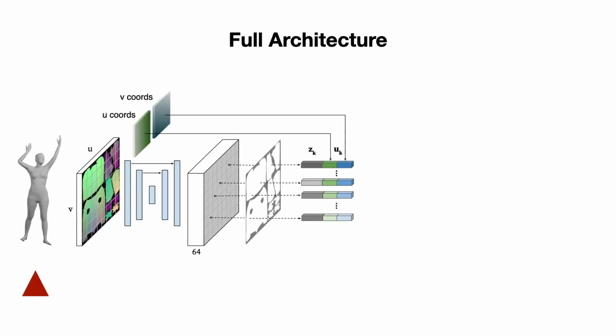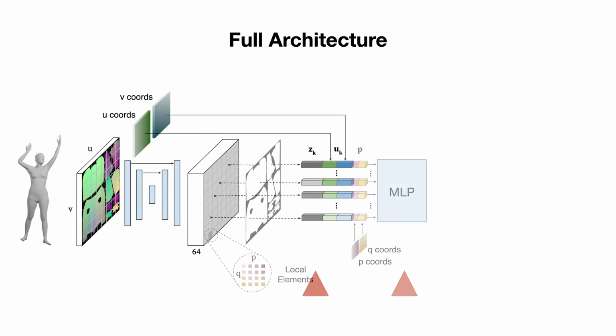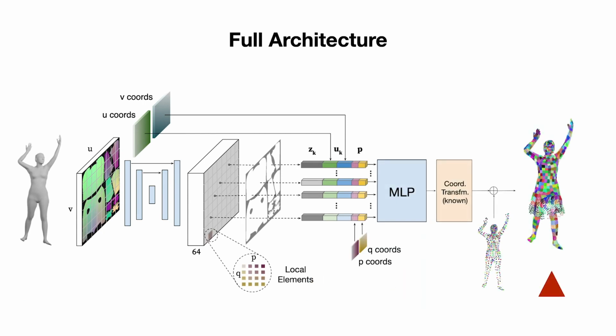Assembling these components together, our model for clothed humans takes a posed body, encodes it into local features on articulated body locations, decodes them by deforming local elements into patches, and outputs a clothed body as a collection of such patches. We compare our method with state-of-the-art clothed human modeling methods.